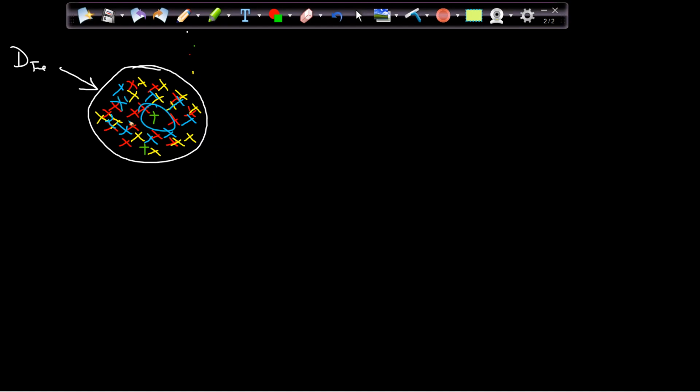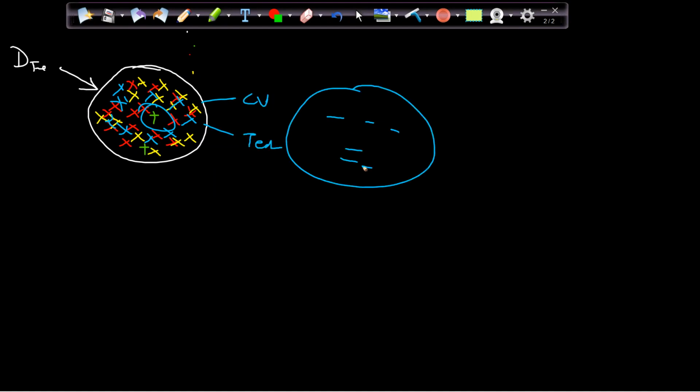I may have few pluses from CV as well as test, but it will not be like I have more number of negative points from the train, but there are more number of positive points from the CV and the test. Obviously, it will give me wrong predictions, right? So that is what intuitively we can say. Now, this is how it will look like.